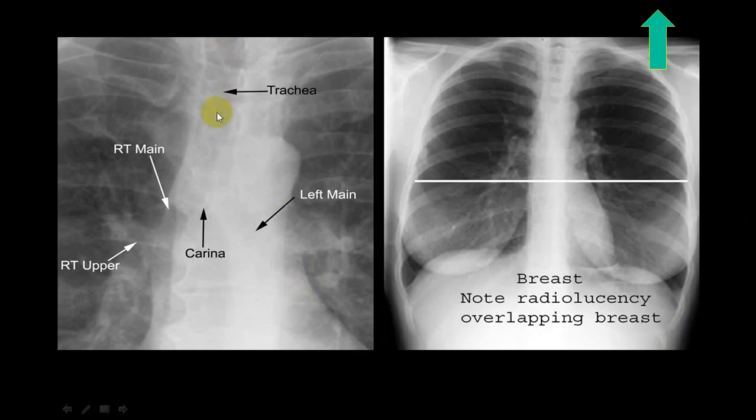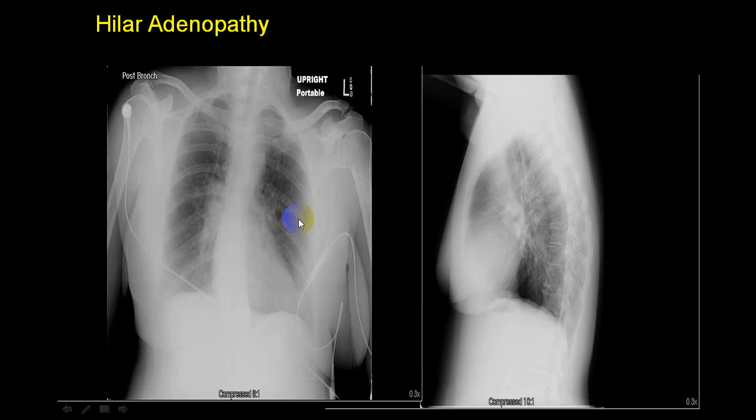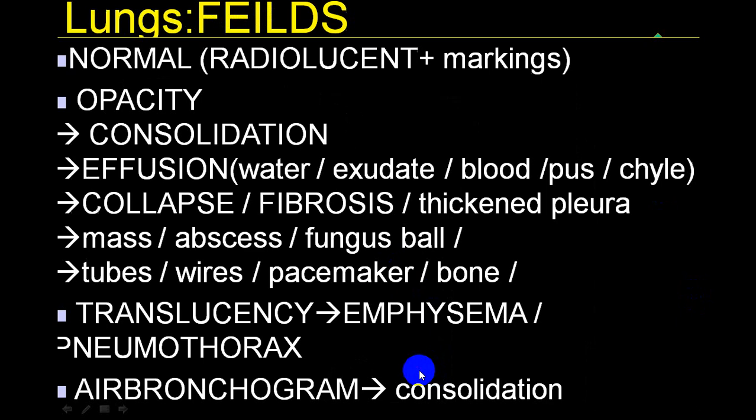Now if you look, this is the trachea, this is the carina angle, this is the right bronchus, left bronchus. Is that clear? And this angle is carina angle, and this horizontal line will tell you that this is the right hilum, this is the left hilum, and these are the breast shadows. So here, if you look, there is little prominence of a hilum, and the same thing you can identify in a lateral view. So these are hilar adenopathy, lymph node enlargement in hilum.